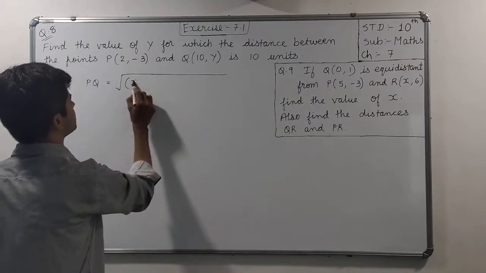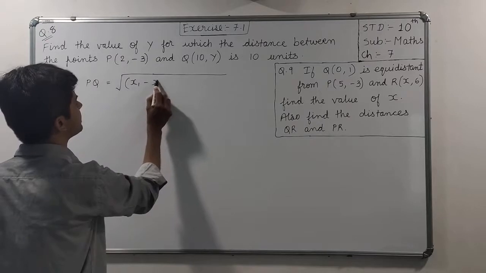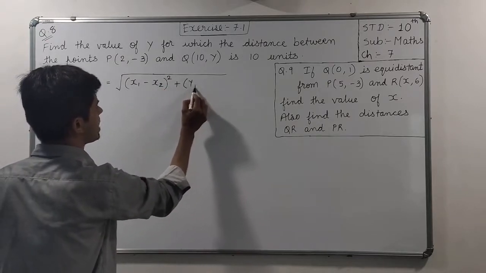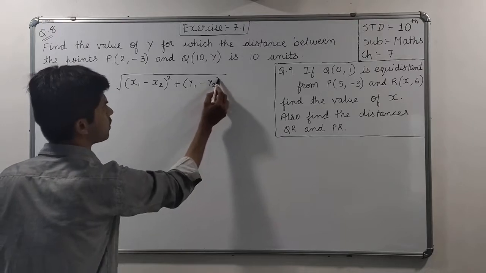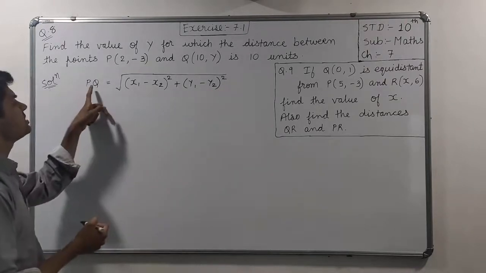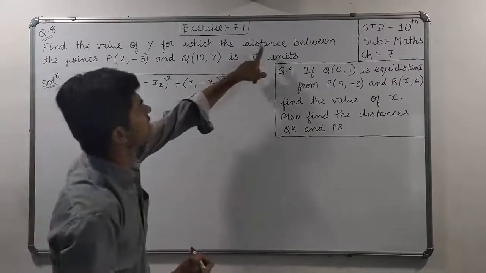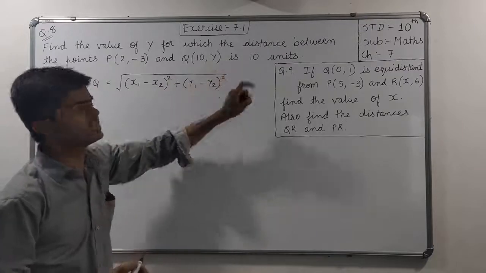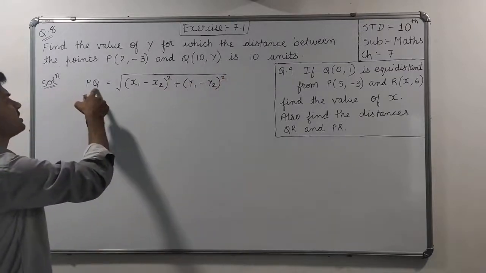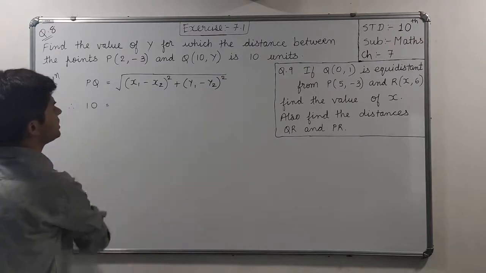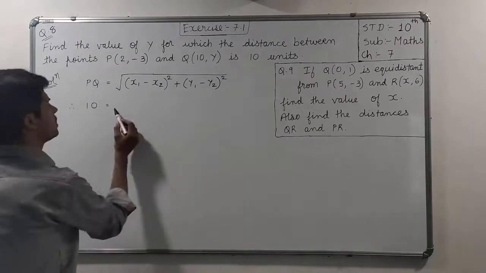Okay, square root of (x1 minus x2) whole square plus (y1 minus y2) whole square. Understood? But here this distance is given. Read this. Distance between the points P and Q is 10. It means this distance is given to us, so therefore I am writing 10 is equal to